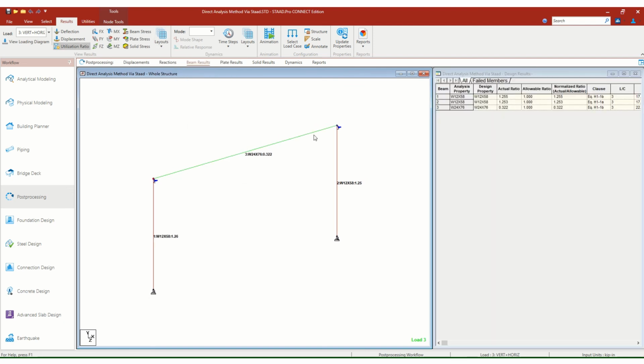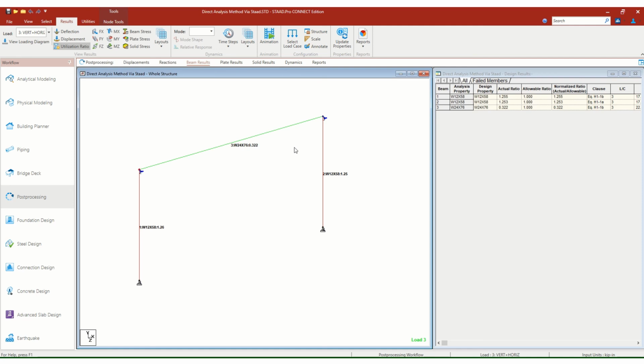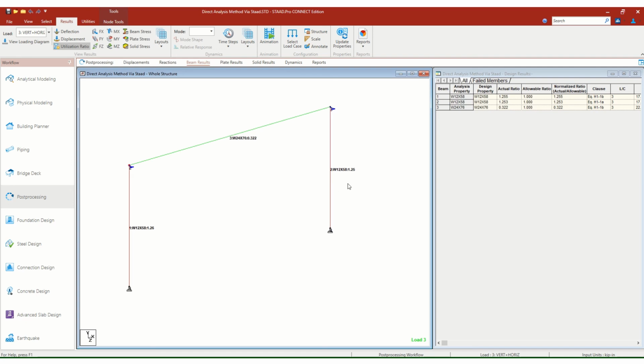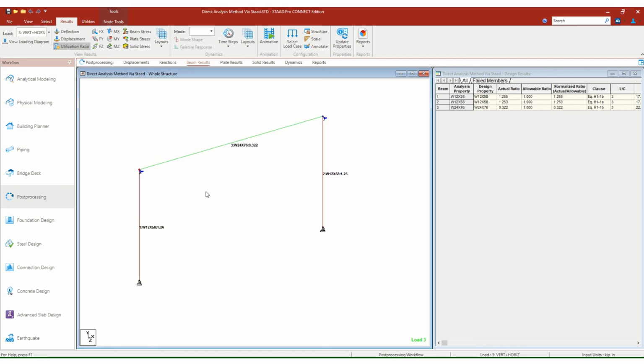So here we have the results that shows you which members are stressed, what's in red is overstressed, and what the values are. You can see it's listed as member 2. It gives you the section, it gives you the actual utilization ratio, the demand capacity ratio. You see those 2 columns are stressed out, and